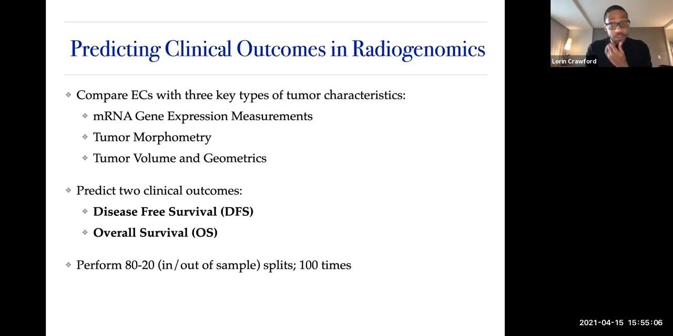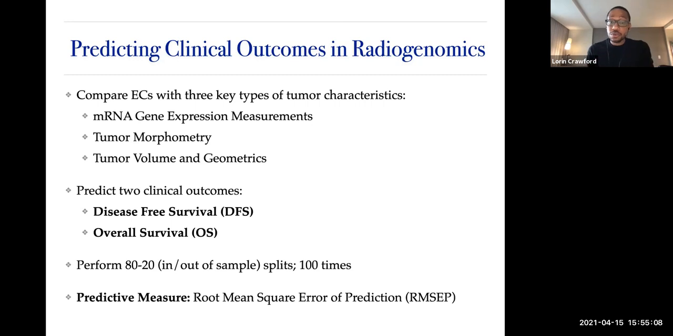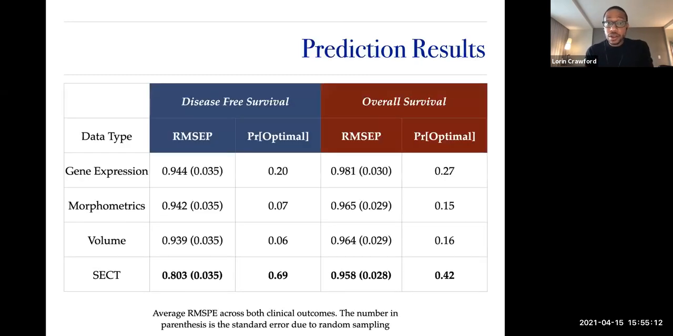We're going to do these 80-20 splits 100 times, and we're going to use predictive root mean squared error for this particular topic. Okay. So here are the results, and this is going to springboard us into where I came from with SINATRA. So this disease-free survival, as you kind of imagine, first of all, we can look at all the results. So root mean squared error is the first column for each of these